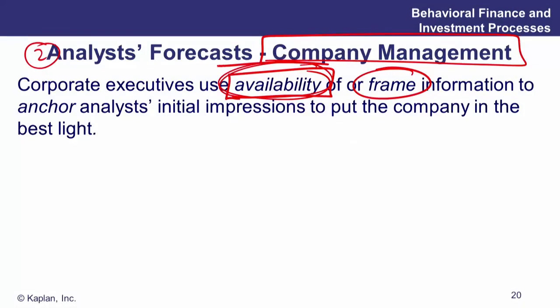You'll see companies presenting what are called pro forma earnings. Pro forma earnings are not meeting GAAP, generally accepted accounting principles, rules, but it's how the company wants to present earnings. So that's what's available, that's what the analyst sees. Chances are that's looking quite healthy and quite good. The way that they frame information, the way that they present information, they present the positive things first and negative things second, or they tend to promote positive things to the top of a list, negative things later on,